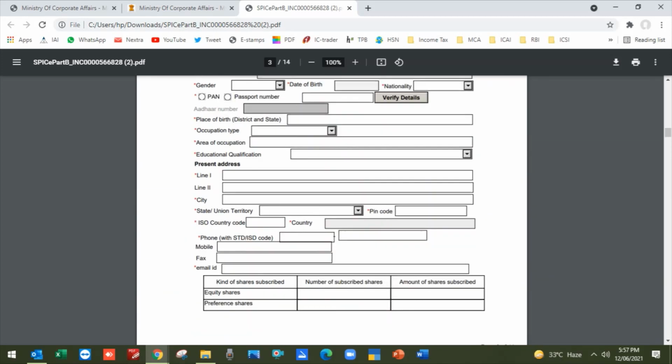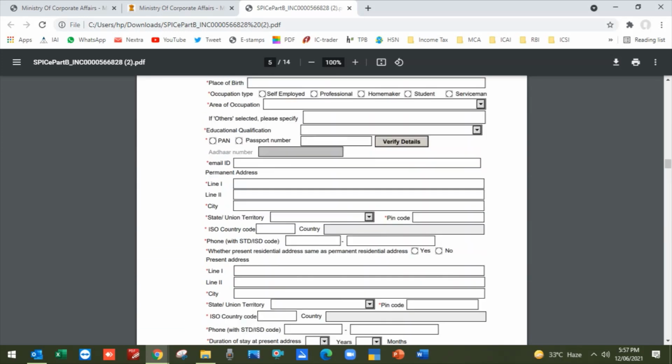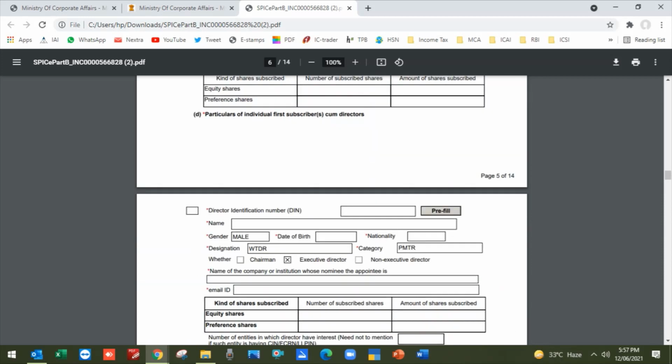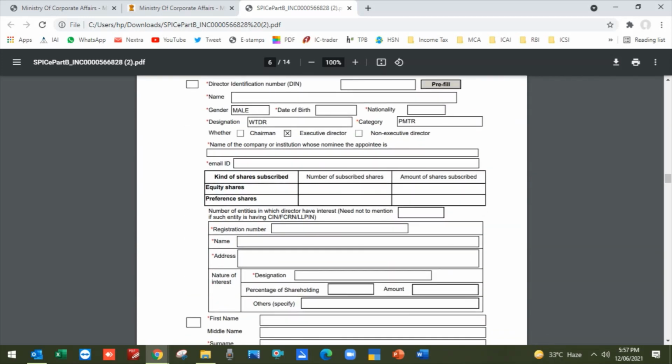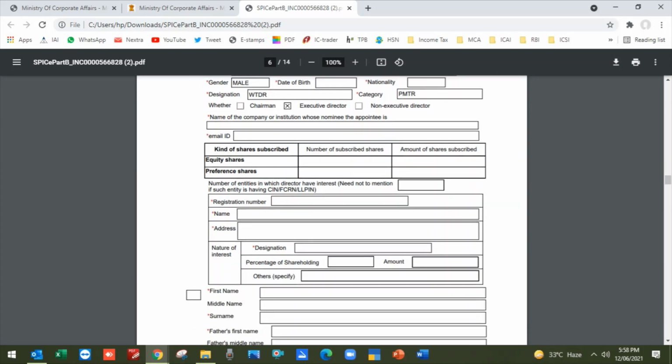Then scroll. Whatever is not applicable to you will not be activated and will show in white color. Now come to the director information. Once you fill in the DIN number here, press pre-fill and the information will be reflected automatically. If a person does not have a DIN, you have to fill in his PAN details as per the PAN card, and address proof.